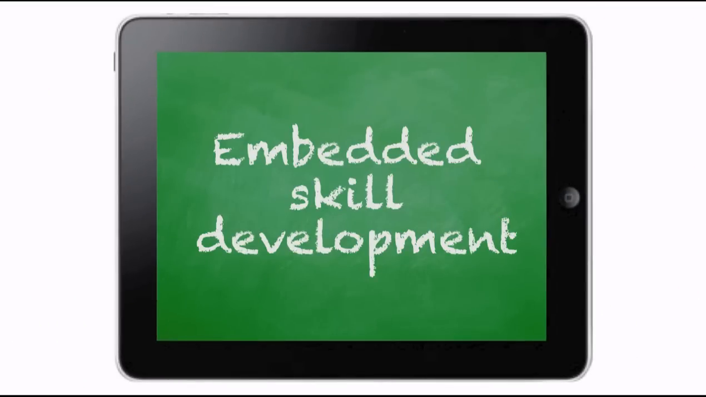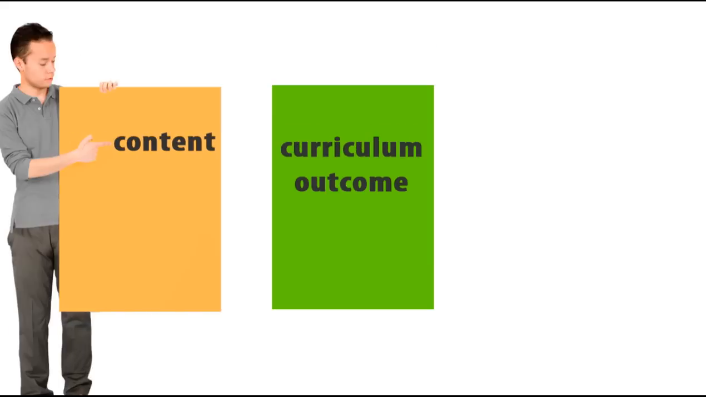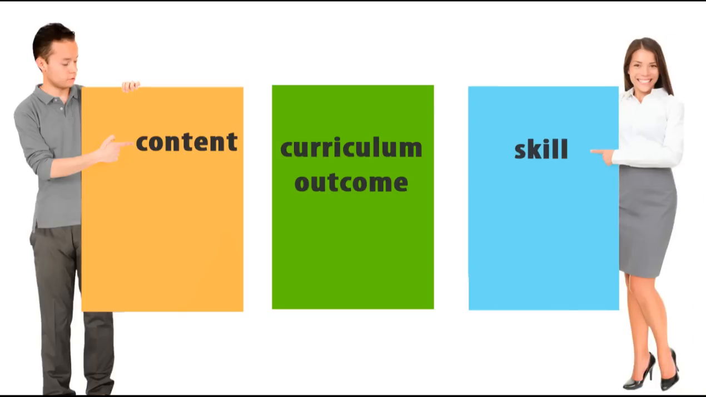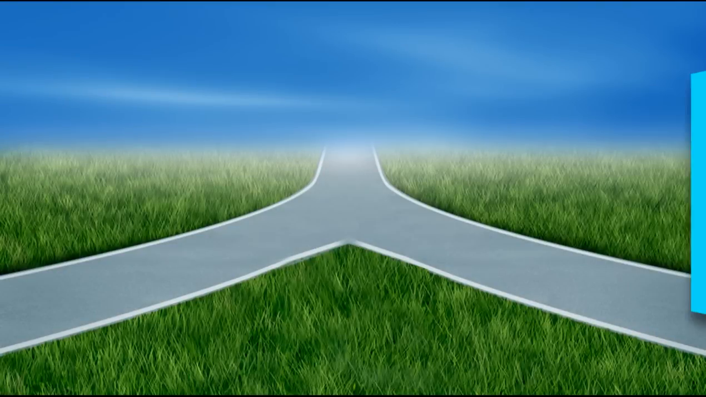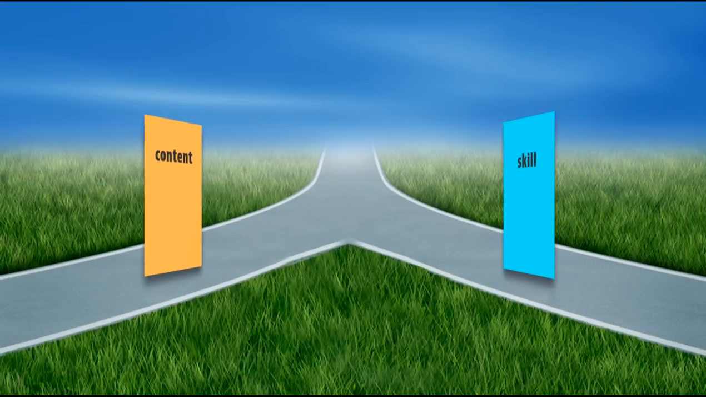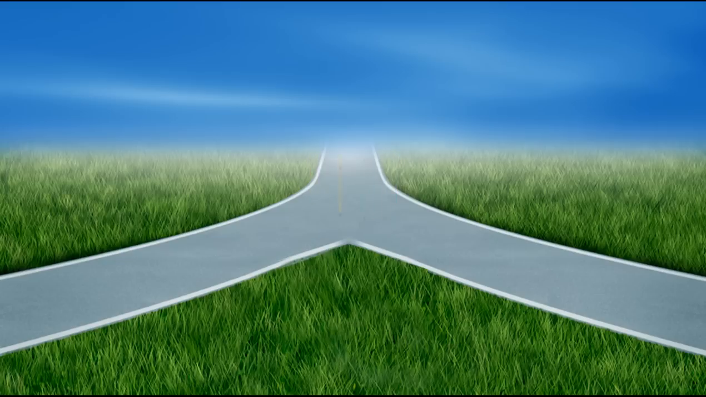In this session, our focus is embedded skill development to support critical inquiry. Most curriculum outcomes have a content dimension, indicating the knowledge we want students to acquire, and a skill dimension, indicating the thinking and inquiry abilities we hope to develop. Integrating the teaching of the skill dimension with the content dimension enhances students' understanding and increases their ability to think